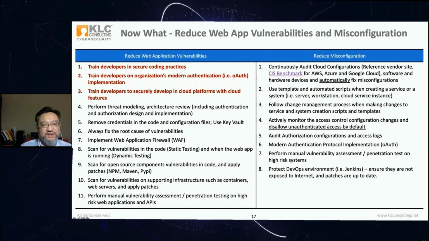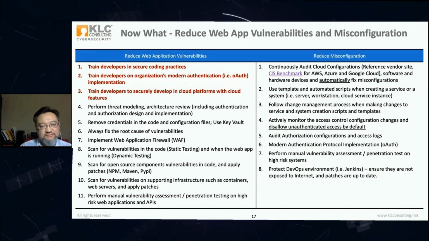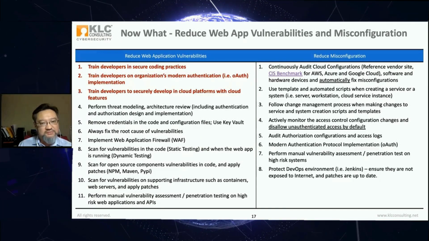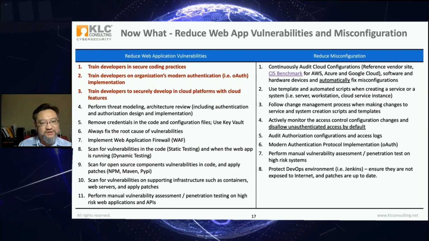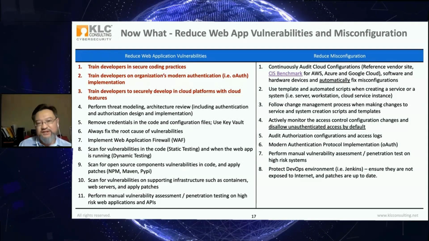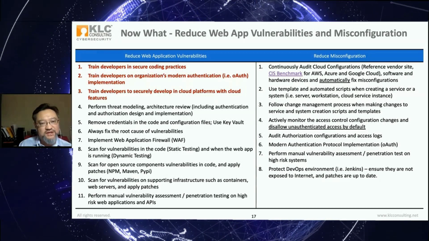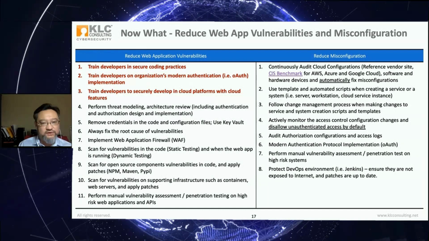Just want to mention that your DevOps environment, for example, Jenkins. I know Jenkins is a popular DevOps environment, but make sure that these DevOps tools like Jenkins are patched, because they are software. They're just like anything else. They do have vulnerabilities. Make sure you patch them and make sure that versions stay up to date, free of vulnerabilities. Because Jenkins has access to the development, testing, staging, and the production environment. If you have a Jenkins tool get compromised, it will be very devastating for your organization.